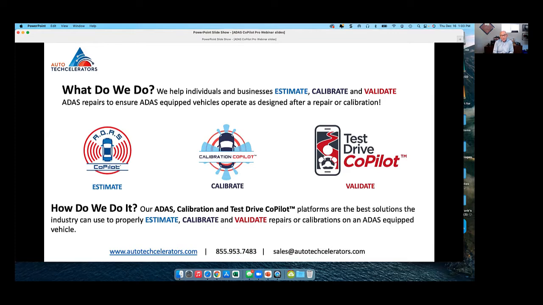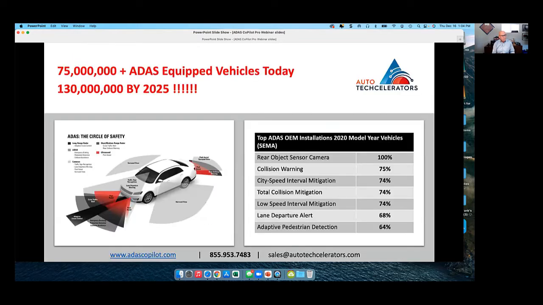We want those ADAS systems to operate as designed after that vehicle's been repaired or calibrated and before it gets given back to the consumer. So that's what we do. We do it through our ADAS CoPilot, Calibration CoPilot, and Test Drive CoPilot platforms. And today we're going to focus on only one of those platforms, ADAS CoPilot Pro.